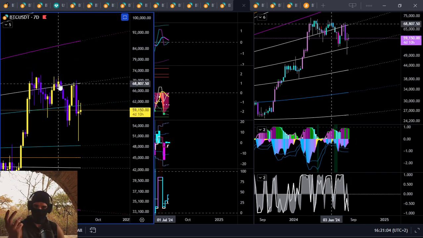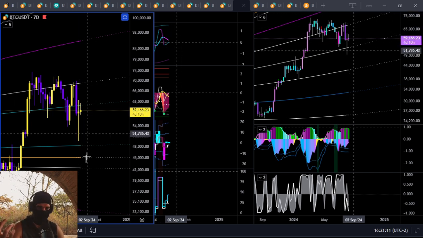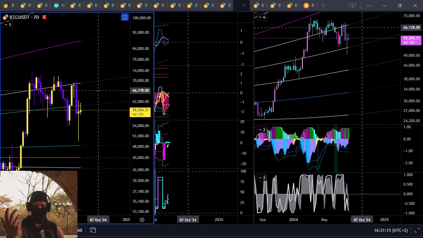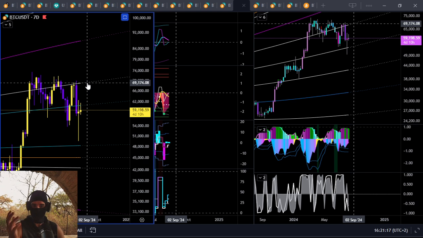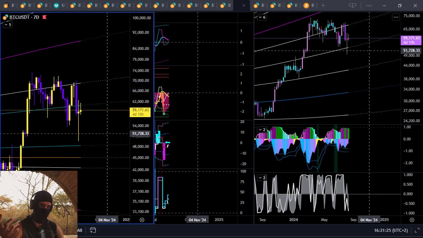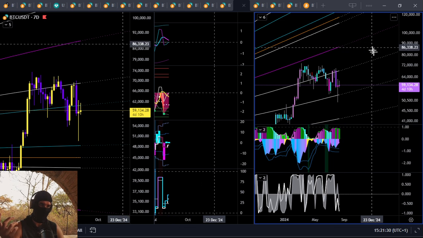All right, but every time it's getting up here, I don't know if there's enough liquidity to actually push it through. This is just searching for liquidity. Look at these wicks. It's like, wow, no one really wants to buy it, maybe above 70 grand. I'm not saying no one will, but if they do, you're looking at about an $88,700 Bitcoin. On no skew; on skew, you're looking at 87.